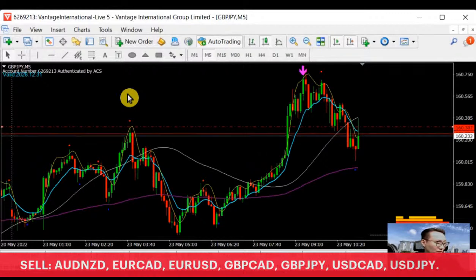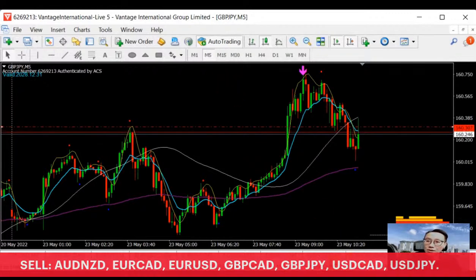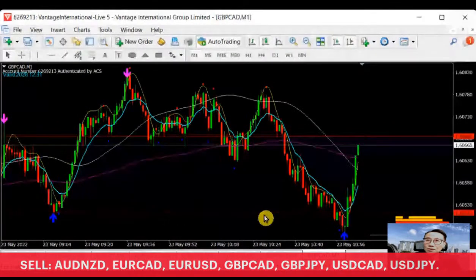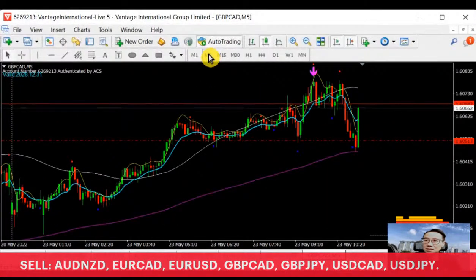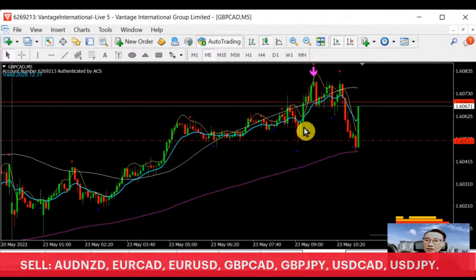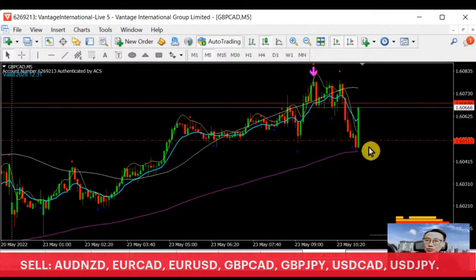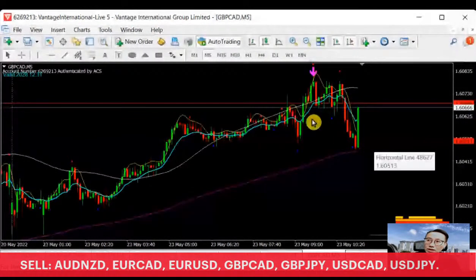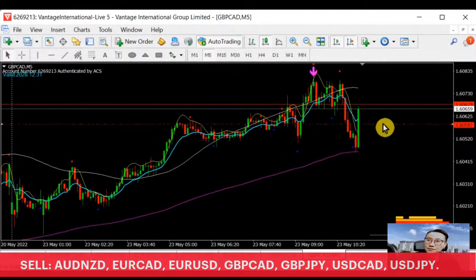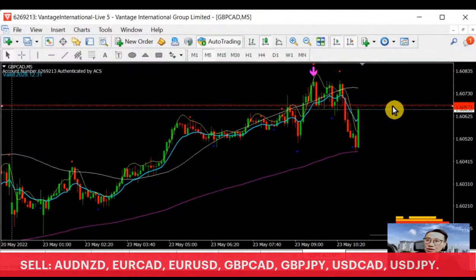How about the yen? I think it's currently also quite potential. I'm waiting for the next 5 minutes to open. So, Pound Cat, how about Pound Cat? This is a support, and it's trying to break the support. So let's wait and see. This is the support which became a resistance.